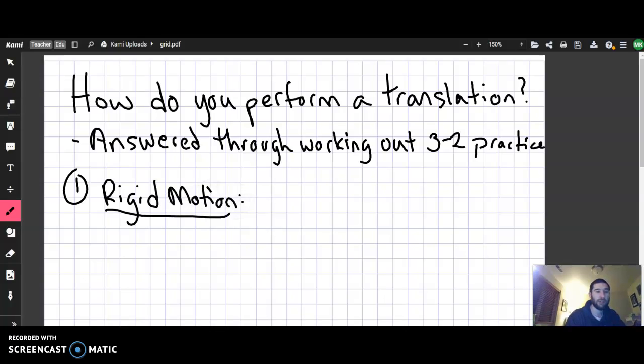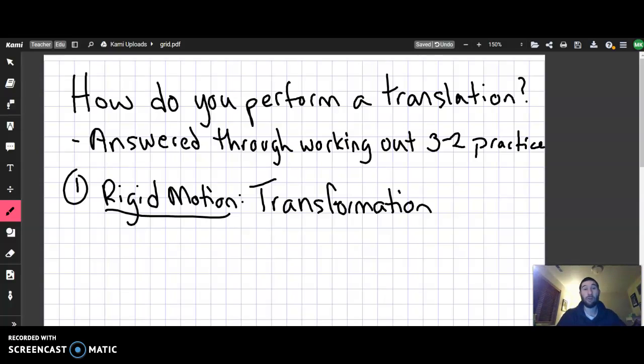A rigid motion is a transformation that maintains the shape and size of the image to the pre-image. So that preserves is a better word to use. A transformation that preserves,